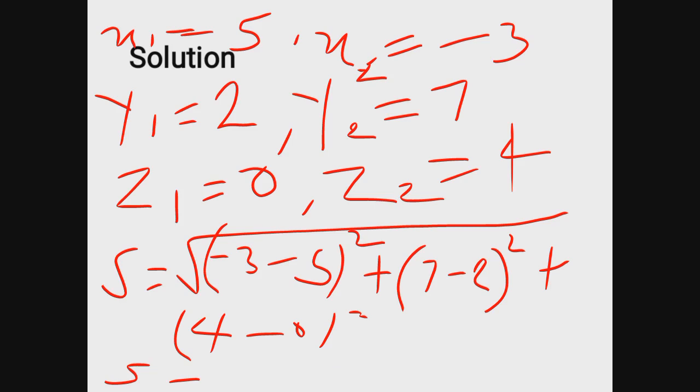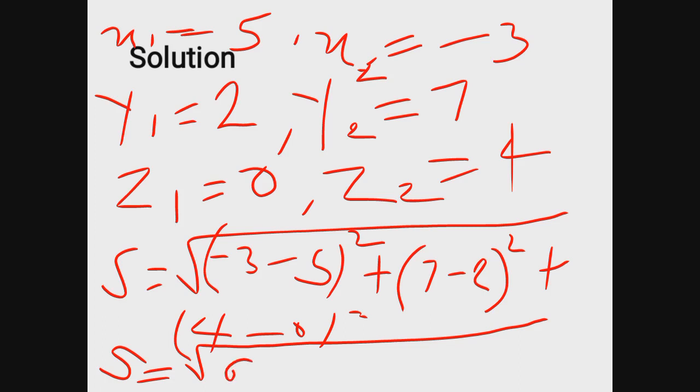So s equals the square root of x2 minus x1, that is -3 minus 5, that is -8. Then -8 squared is 64, plus